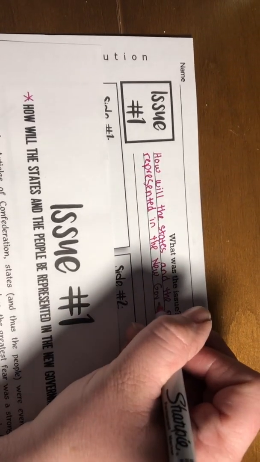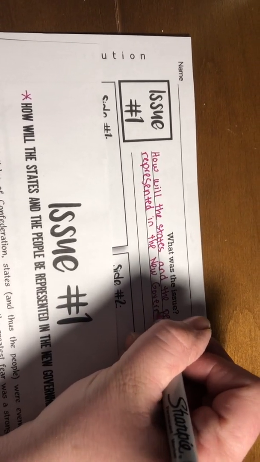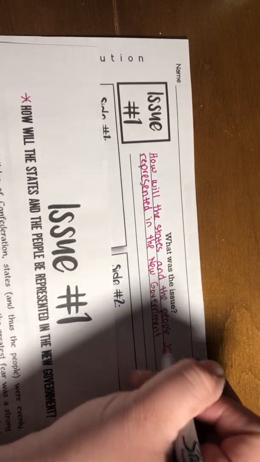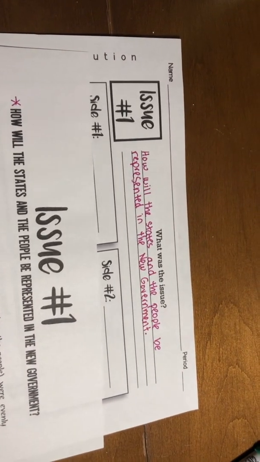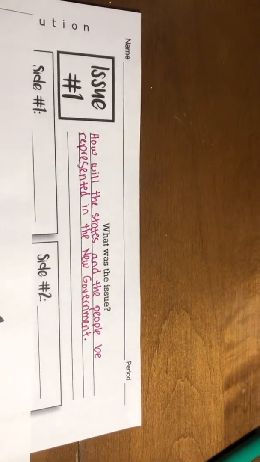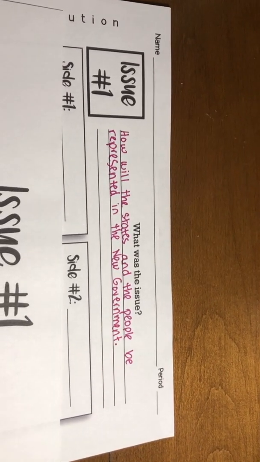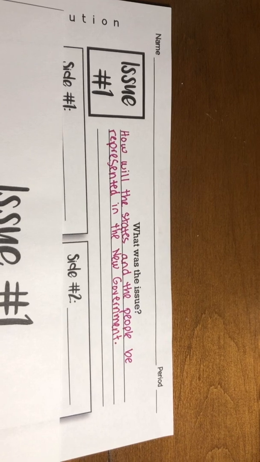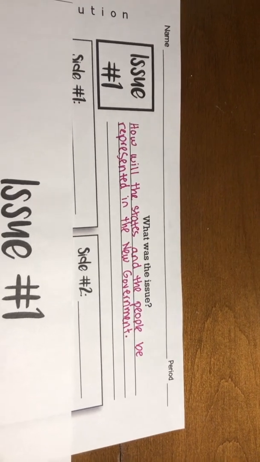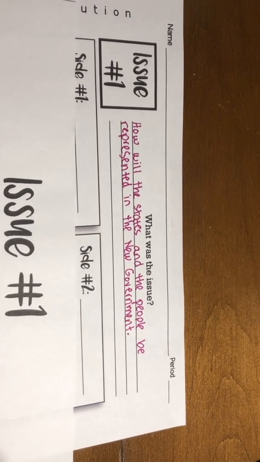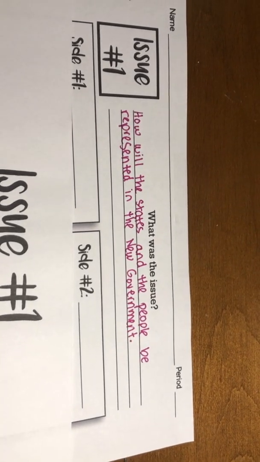was called the Articles of Confederation. What we found is it didn't work. So we as a people had made the Articles of Confederation. We were not happy with how it's working. And now at this point in history, the Constitution is being written. And so there's some disagreements and we're working on making compromises for the Constitution. So there we are. There's our first little bit.